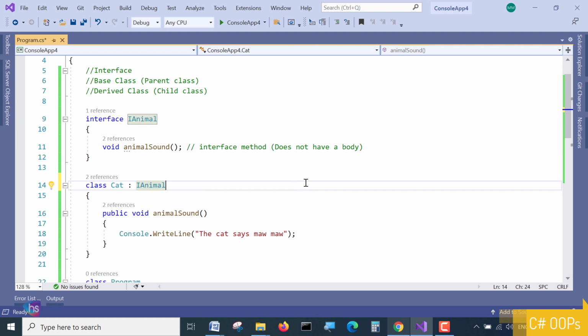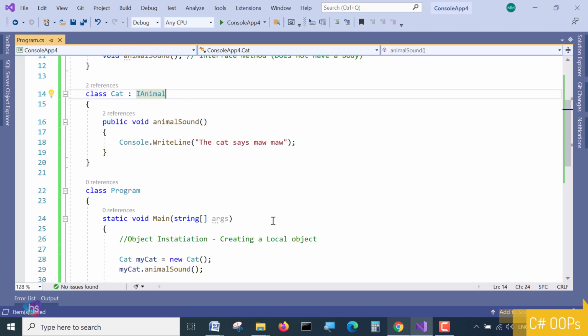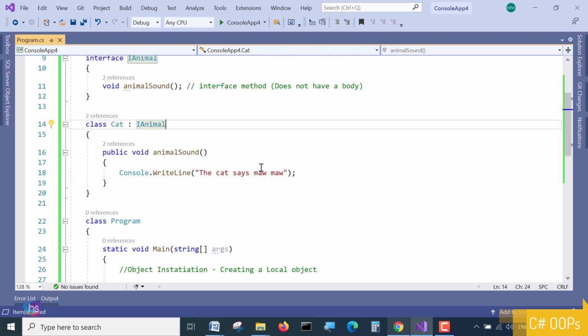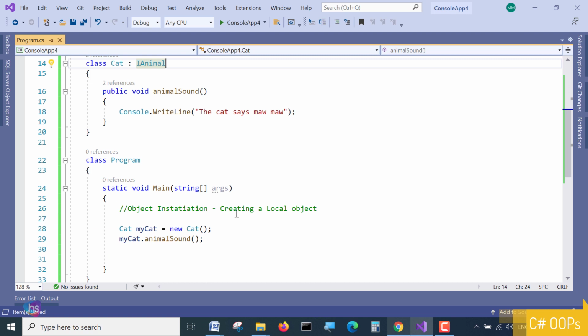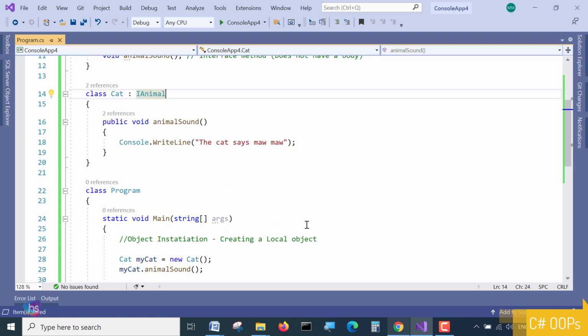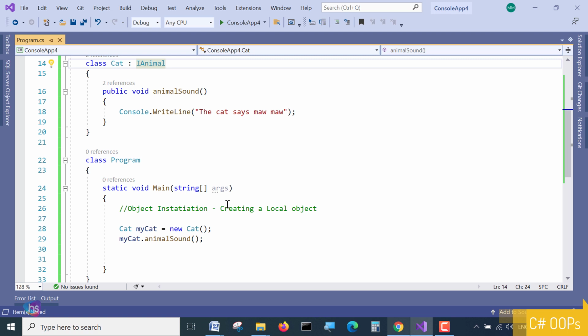Just as an abstract class is not instantiated as an object, in a similar way interfaces are also not instantiated directly as objects. So you have to inherit from parent to child, like the Cat class, and take the instance of the child class, and from there you can call the methods commonly by using the same interfaces.